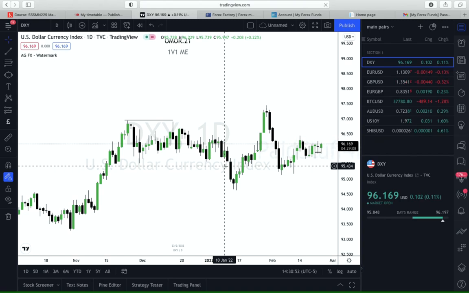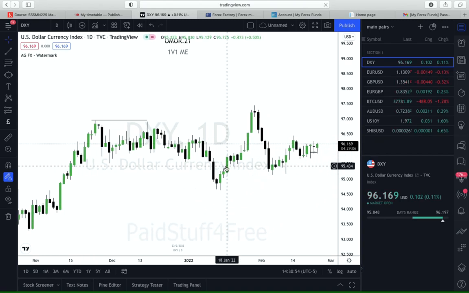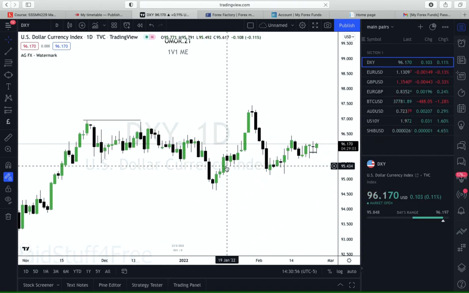That is the power. Now, why is that so important, Omar? This is the daily candle. I don't trade off the daily. If you know where that daily direction is going,